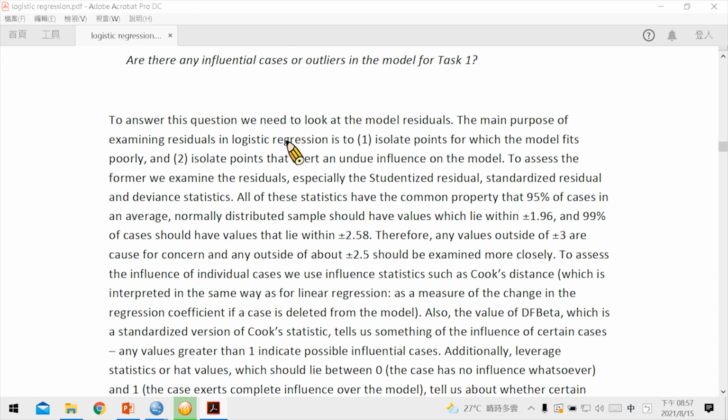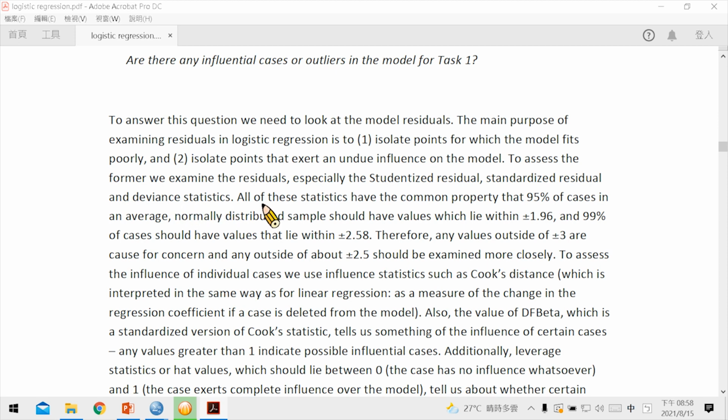To answer this, we need to look at the model residuals. The main purpose of examining residuals in logistic regression is to isolate points for which the model fits poorly, and the second is to isolate points that have undue influence on the model. To assess the first, we examine the residuals, especially the studentized residual, standardized residual, and the